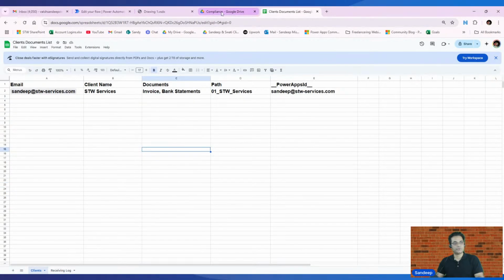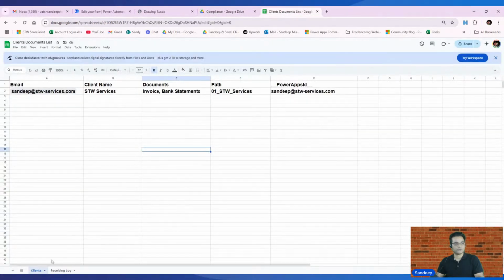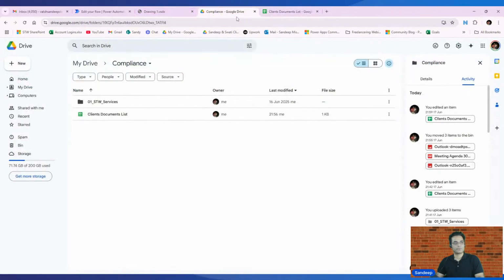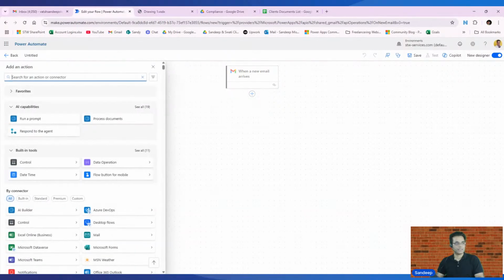This is how you need to prepare. And I also created a folder. So whenever we are receiving an email from this particular client, we'll use this folder to store the documents. Once you are able to do this, then we'll come here and add